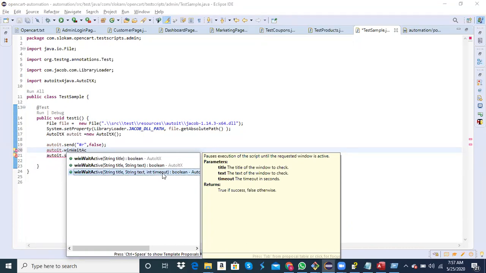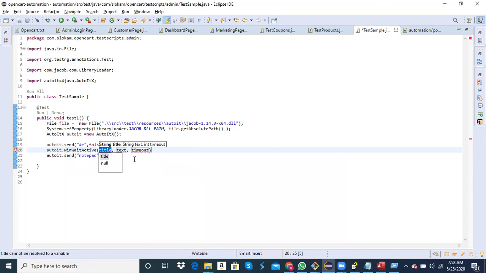So something went wrong and the window is not open and you are waiting for the window, the program will keep on waiting for infinite time. So better to avoid that scenario. To use the third overloaded method, it needs title and text. If you have any text inside that window to be identified with, you can use that, but you can simply give empty also. And then the timeout, how much time it needs. First you need to get the title. Text will be empty. Let's say I'll wait for 30 seconds.